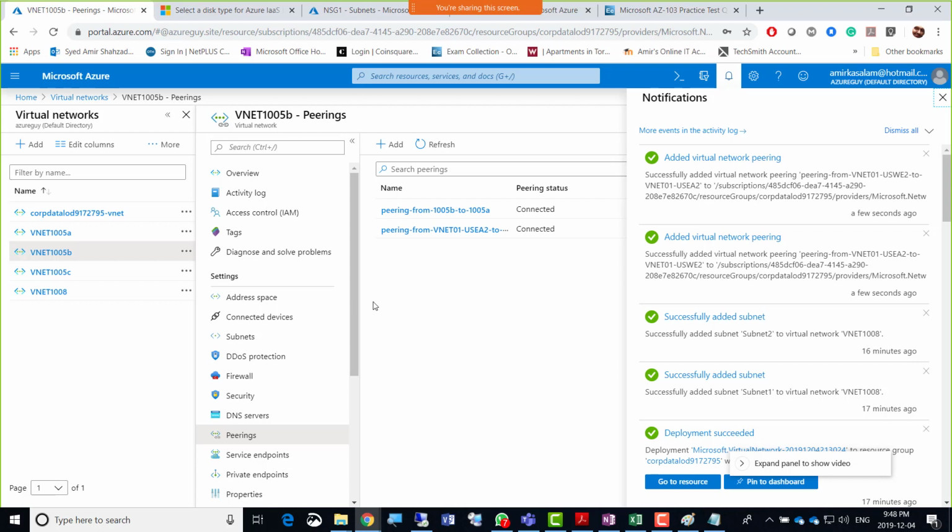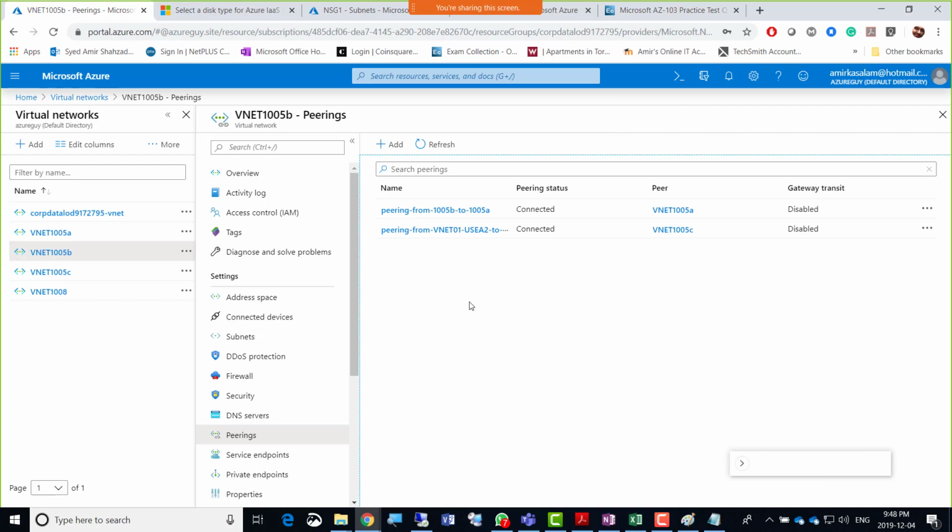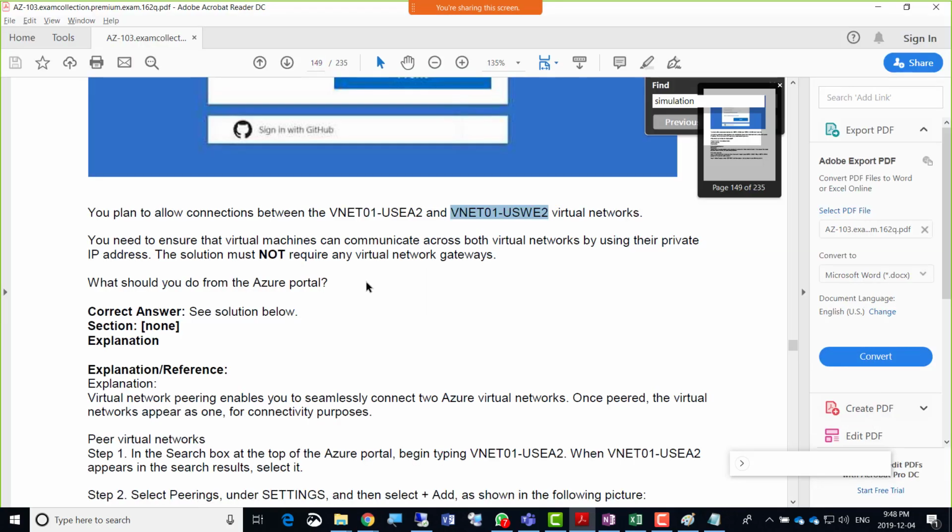Okay, both peerings are done, and if I click the close button here, the peering connection is created there. There was no other requirement other than that it should be private traffic, so definitely it has to be peering. With peering only you can do the private traffic. So that is done, guys.